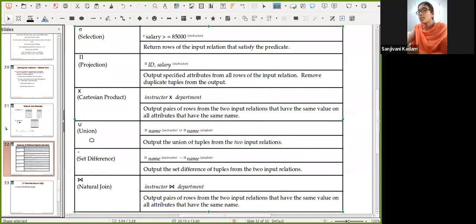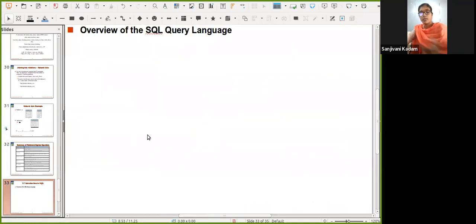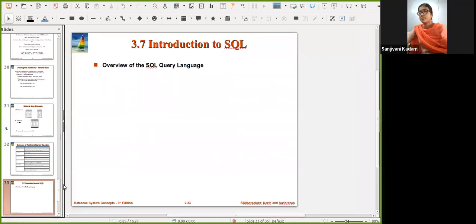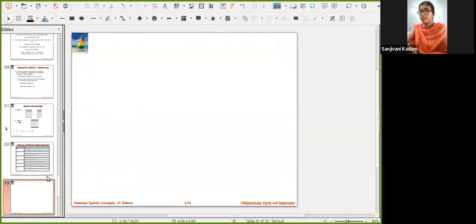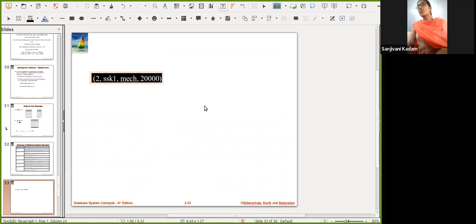So do you have any doubt in these operations? So let us have some example for this. Natural join also has some variations.